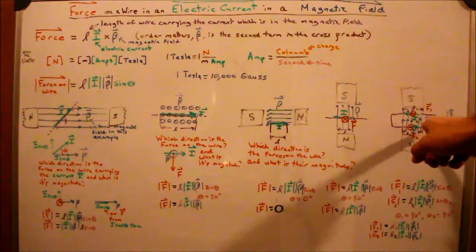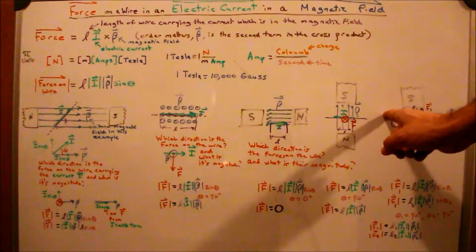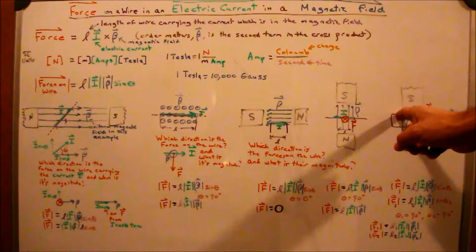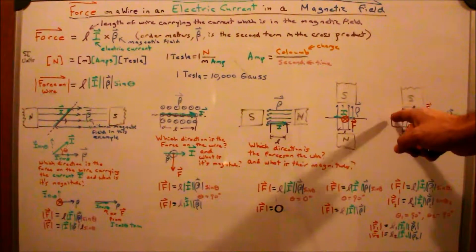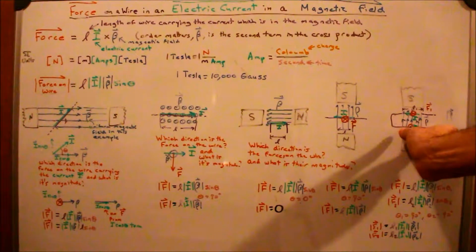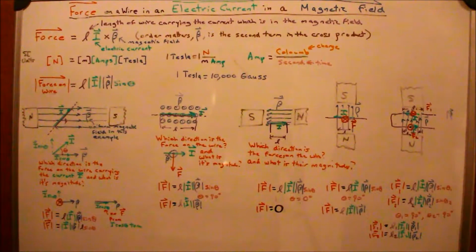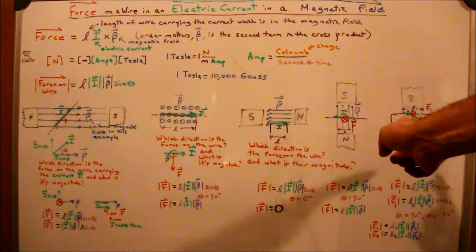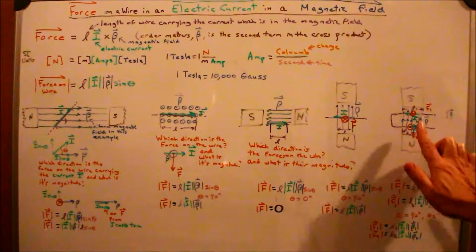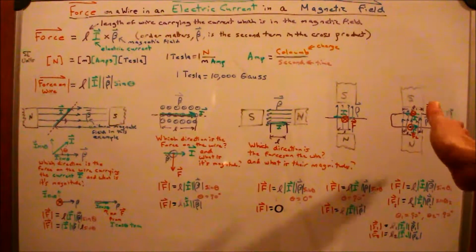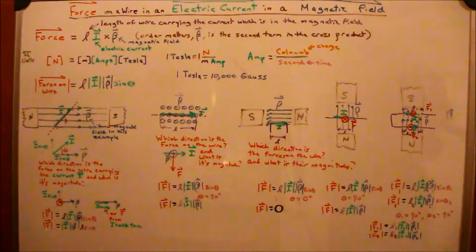Now let's look at the lower loop. This part's not in the magnetic field, so this part out here gets no force, but now I re-enter the magnetic field. So I have a length L2 now in the magnetic field there. Current this direction, magnetic field direction this way, going from the north to the south. So using the right hand rule again,